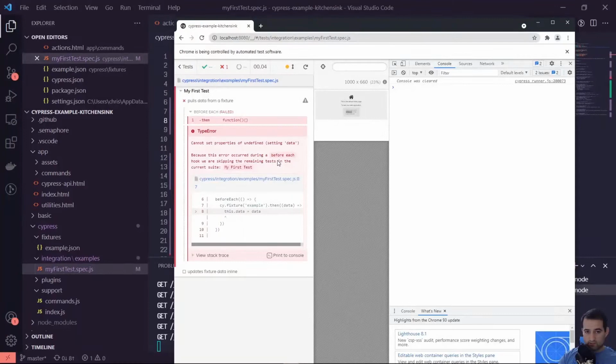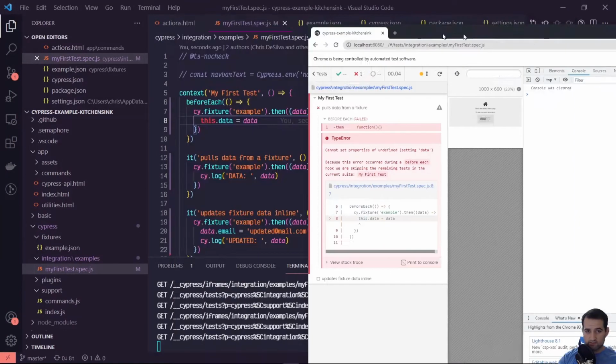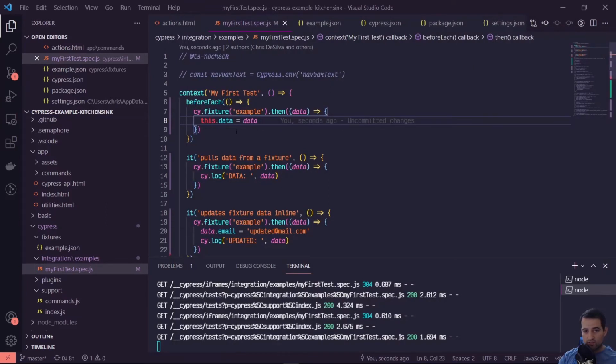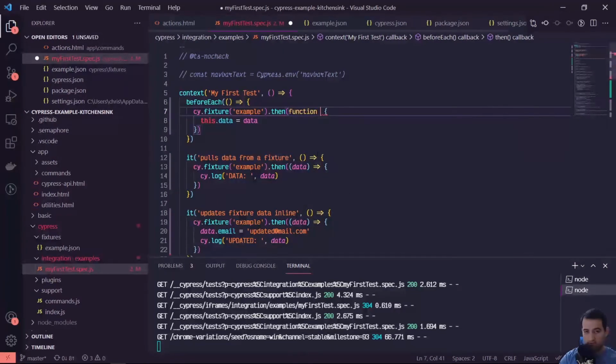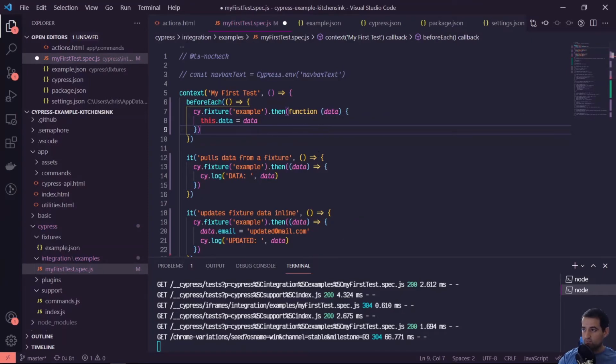So the issue here is that when you use the fat arrow syntax, Cypress, the test runner, doesn't have access to this object because of the way that the scope around this works. So instead of writing a fat arrow function, what we can do instead is use the function syntax. So we can say function, data. And so now we have access to data, and we can update this object. So if we save this,